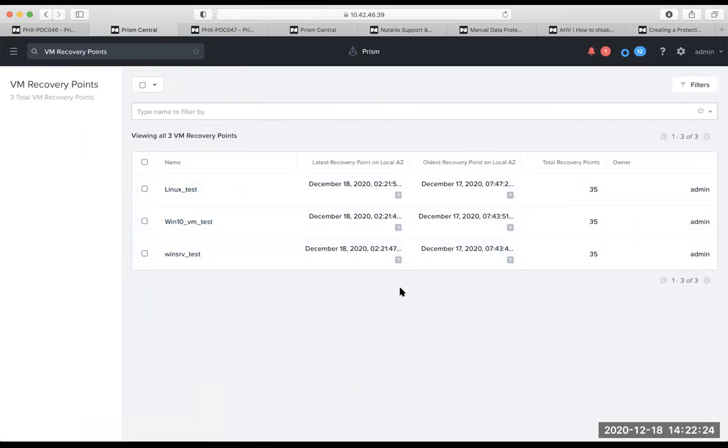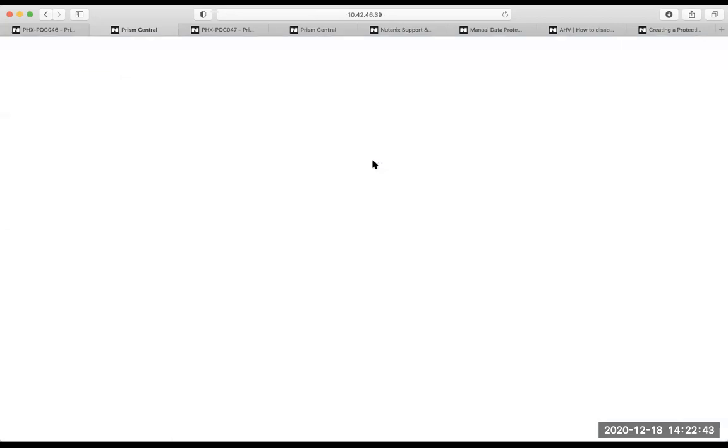The VMs belong to this location, but now they have migrated, but you can still see the recovery profiles and the recovery points that were created. It will say the latest recovery point was 18th December. The oldest one that is available is 17th of December. So that's how the entire config is done.